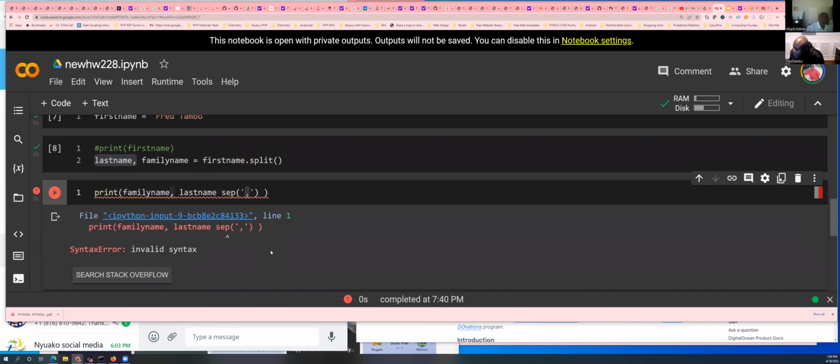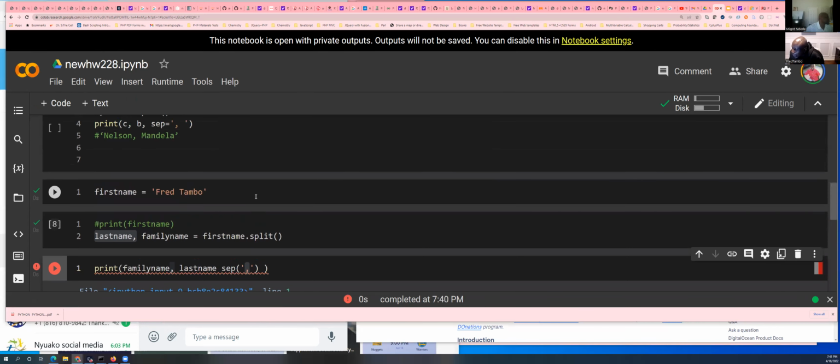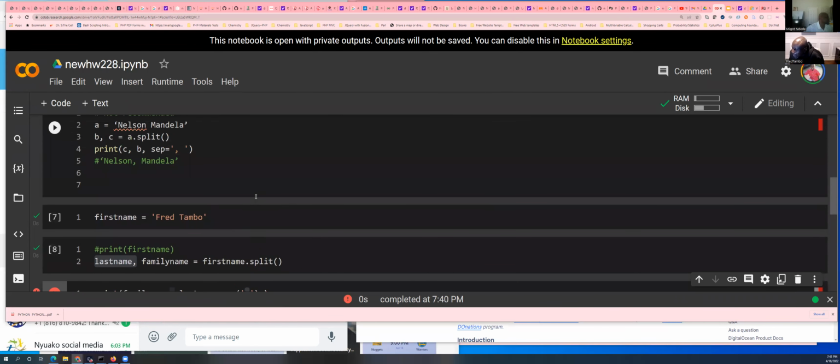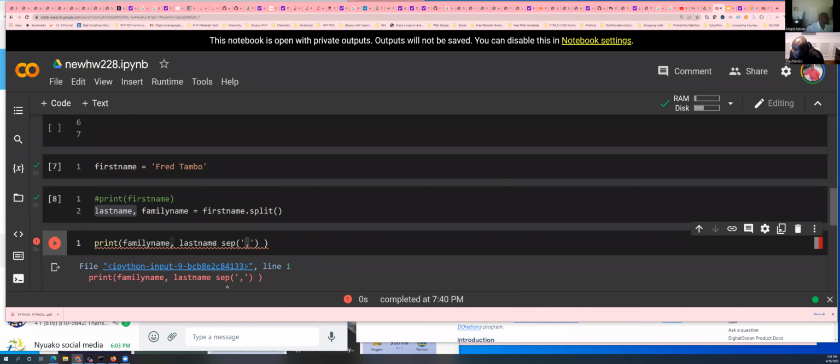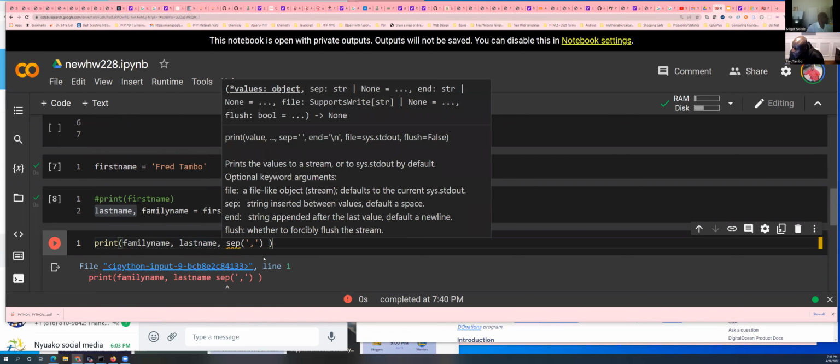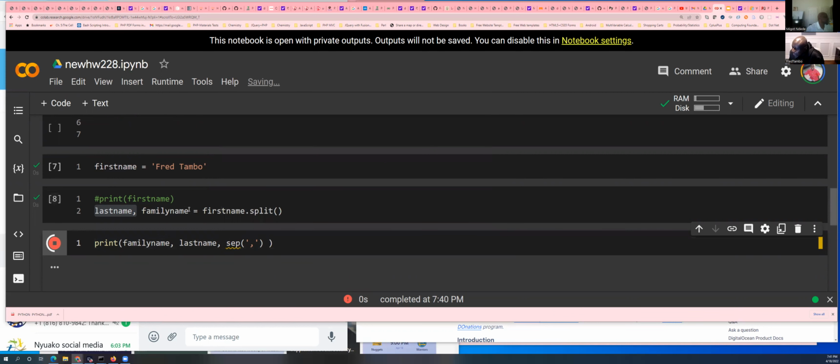It's complaining because of that Guinea. I think one of the quotation marks, you have both of them inside. One should be out. No, it's okay. We have to have a quotation mark to separate the sep and the last name. Yeah. Right there. If you do that, now it should be able to run. So if you run it,